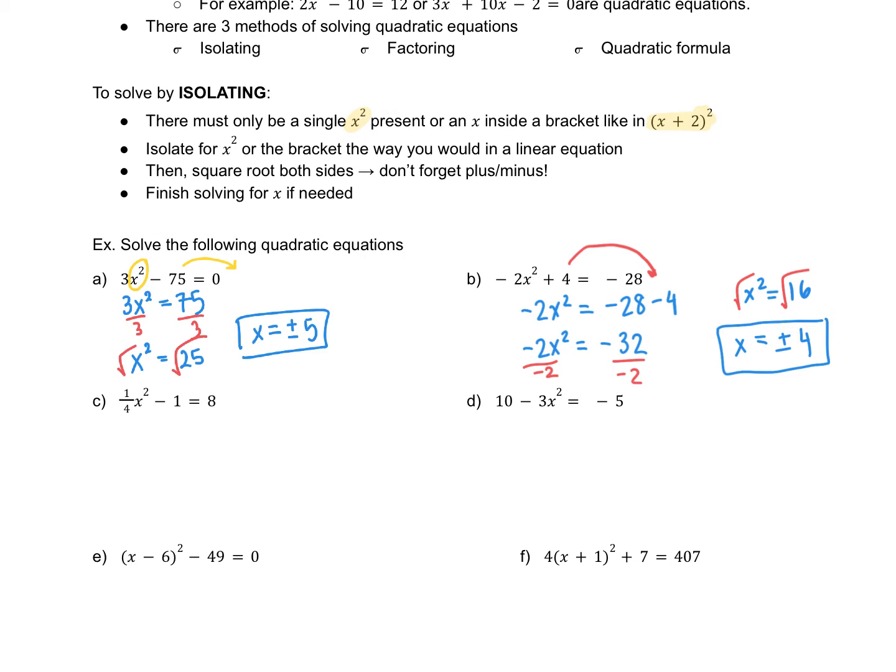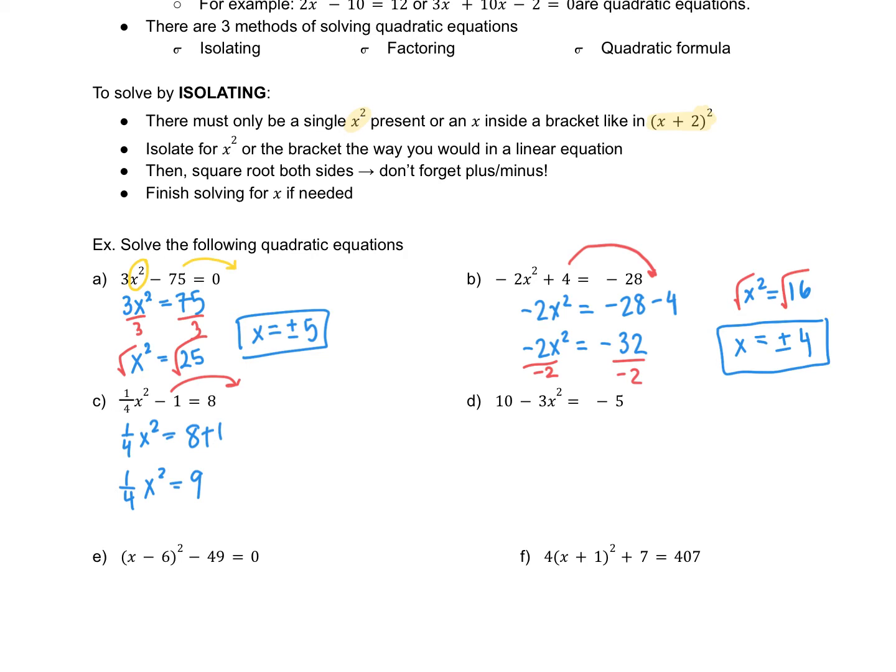All right, the next one. We have a fraction there. It's okay. We're going to bring the negative 1 over like the other scenarios. It's going to turn into plus 1. So that's a 9. And now you can divide both sides by a quarter, or you can multiply both sides